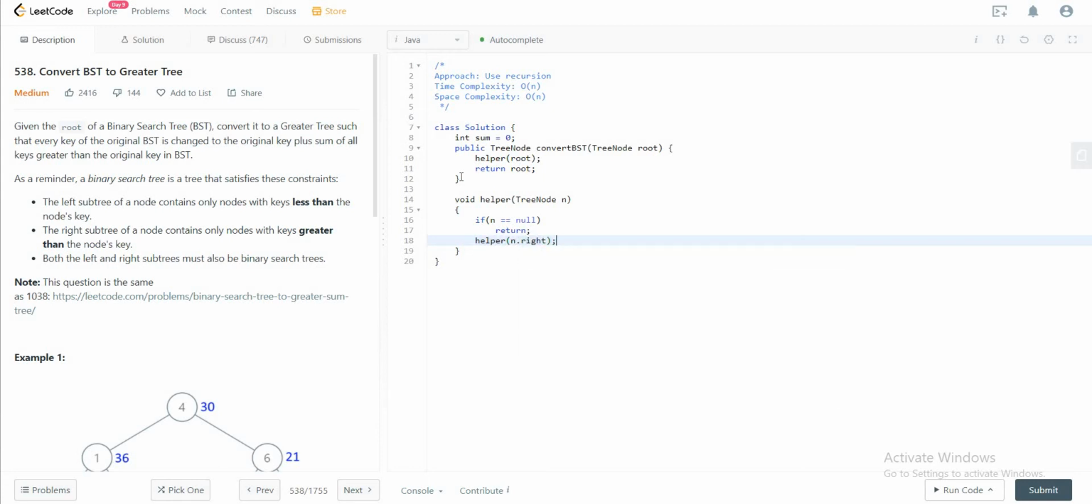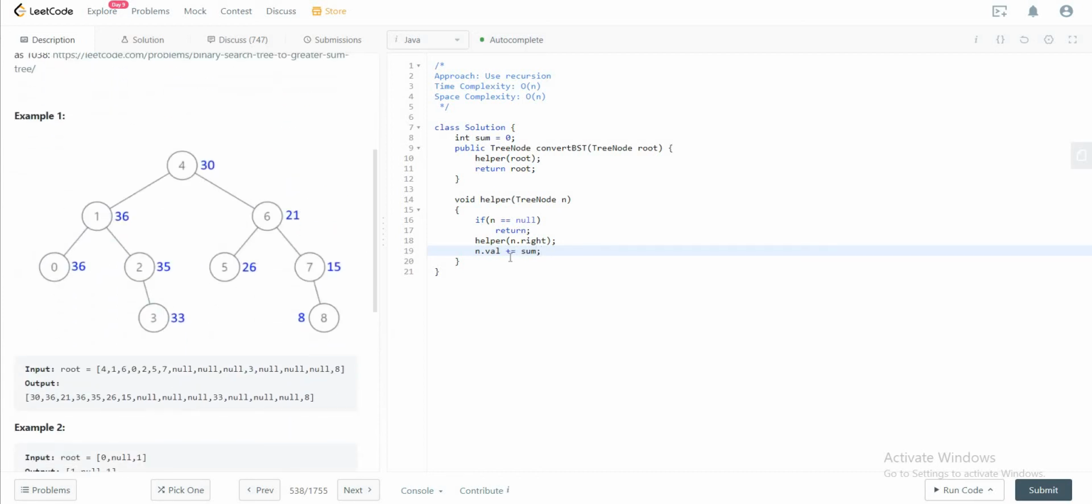So this call right here on line 18 keeps happening till you reach the rightmost node in the entire tree. So once you have that, you need to update the value of that particular node with the sum that you see. So in this case, when you reach the rightmost node, the sum will be equal to 0, but you don't really need to add anything, since that will be the greatest node. You won't really have anything greater than that, so you just keep it as is, and then you'll update the sum to be the new value, since this will keep track of the sum that you've seen before